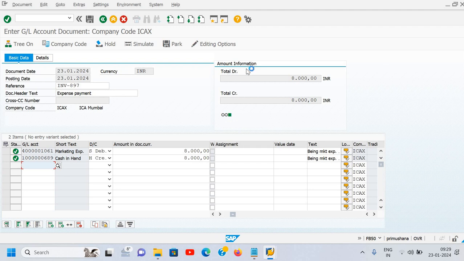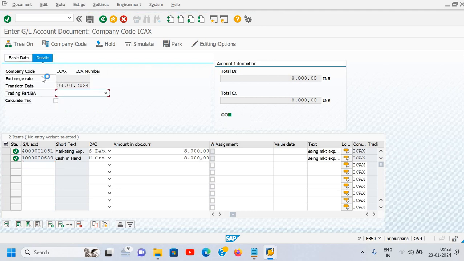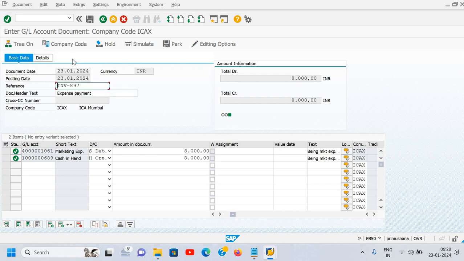Now here in the above amount information, you can see the debit total is 8,000, the credit total is 8,000. Now it is okay. That means now you can save this entry. But before saving, you need to check the details. In details, you can see the company code is showing and the transaction date is 23rd January. There is no any tax. Yes, there is no any tax. Okay, so